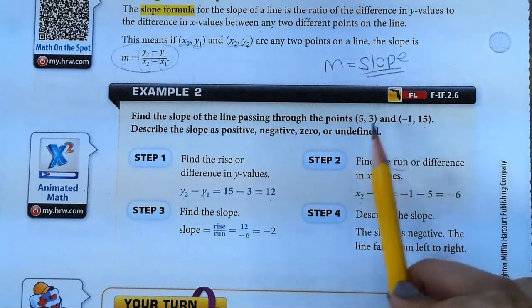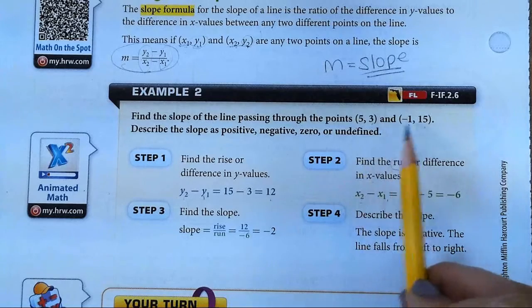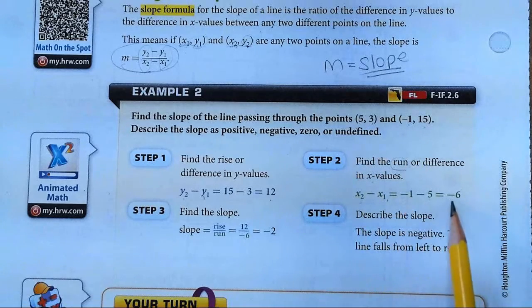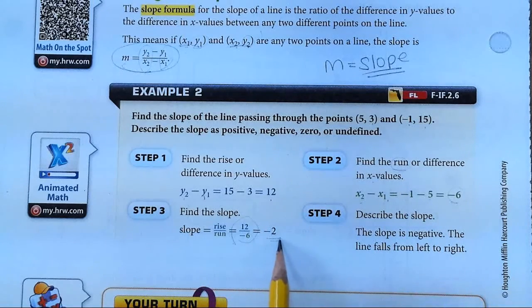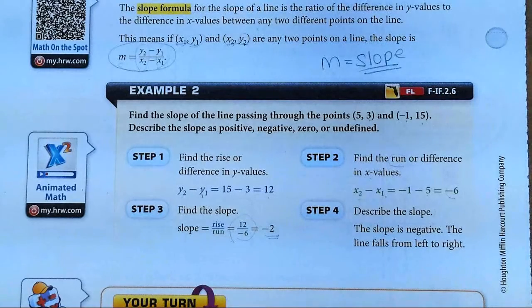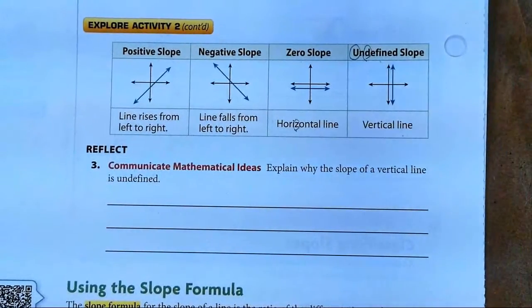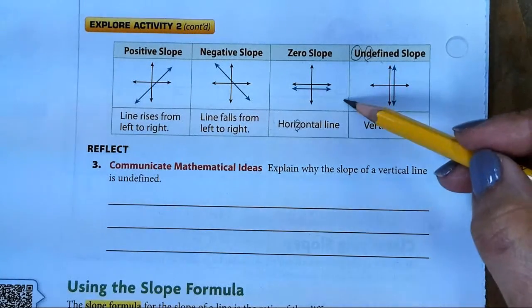So we'll do negative 1 minus 5. And so negative 1 minus 5 gives you negative 6. So when you come over here and you substitute that into your rise over run, you have 12 divided by negative 6, which gives you negative 2. And so your slope is going to be negative. Now, going back to this very, very quickly, a horizontal line